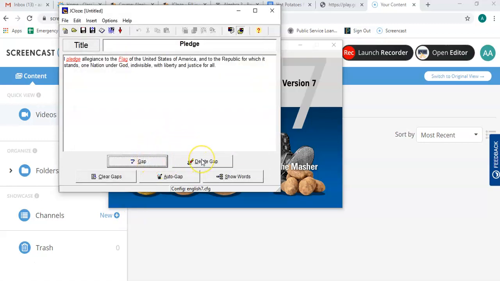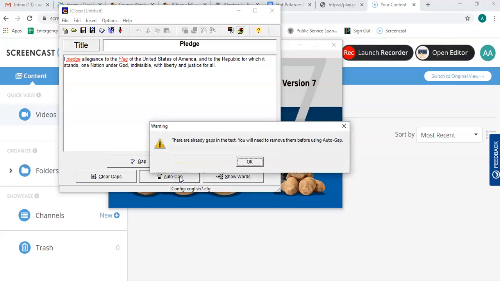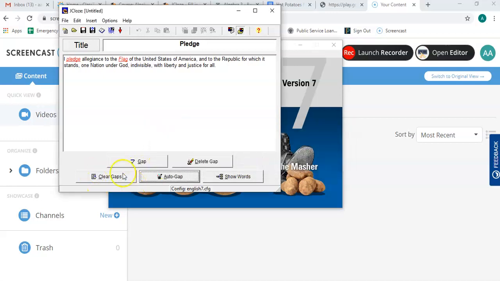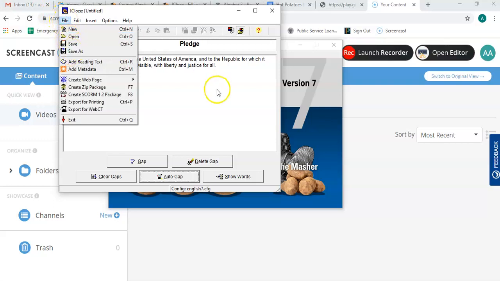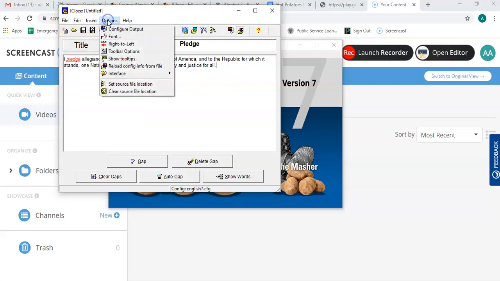So you can create a gap, you can delete a gap, clear all gaps, and then you can do an auto gap where you can do it for an nth amount of terms. So you'd have to have it cleared already. So if you clear gaps and then do auto gap, it lets you do it for every certain word that you want. So then once you save it, actually, before you save it, you can do your options, and